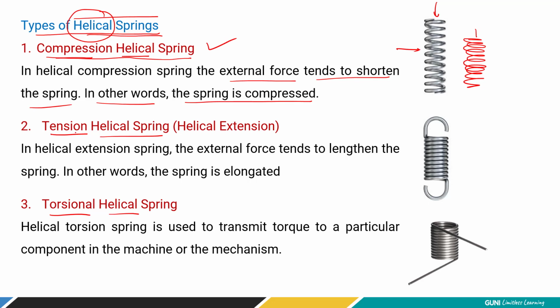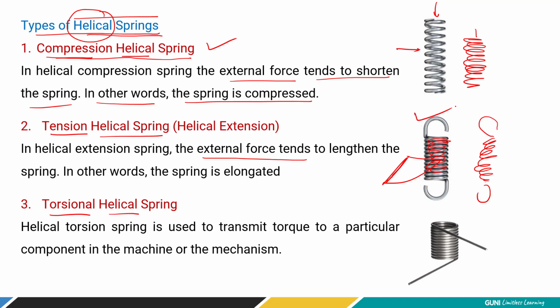Such a spring, which is subjected to compressive load and whose length shortens, is referred to as a compression helical spring. Similarly, in the case of a tension helical spring, all the turns are so arranged that when the external force is applied, its length increases. Now, I can give an example, right? In a motorbike, or you can say a bicycle, you have a stand, right? You have a brake. There is a pedal brake where you'll find such a spring. Because of this, your stand simply remains in one position.